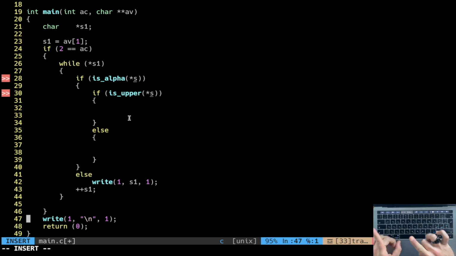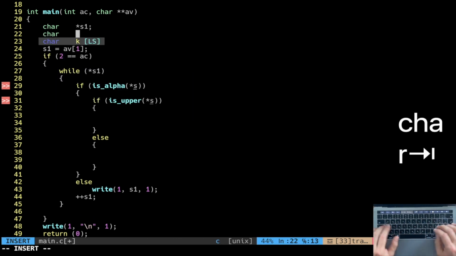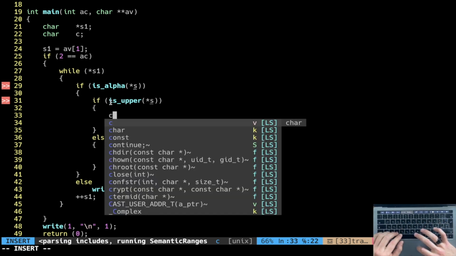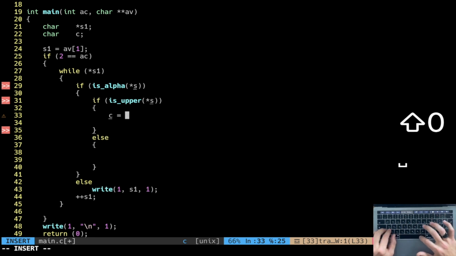Basically, if I get a lowercase a, I want the lowercase z. First of all, I'm going to write the code, and then I'm going to explain what I'm doing. So given that I'm using the right function, I want to have a variable here that is a char. So char c, semicolon. And here I do something peculiar. I say c, so the char, in the case the char pointed by s is upper, what do? Is equal to what? Is equal to